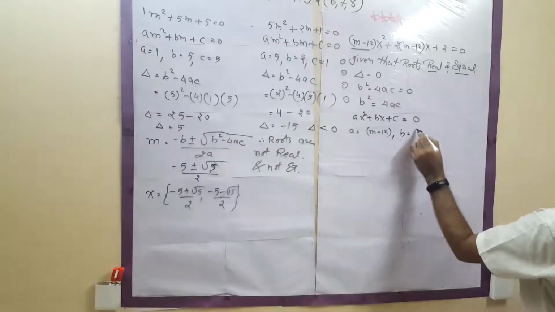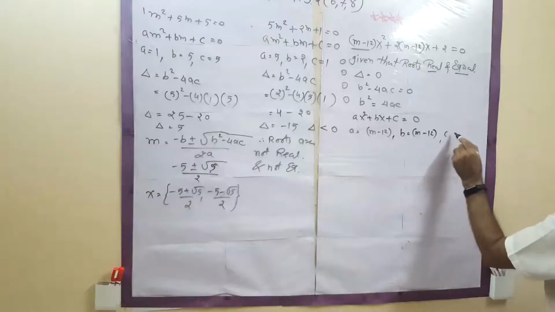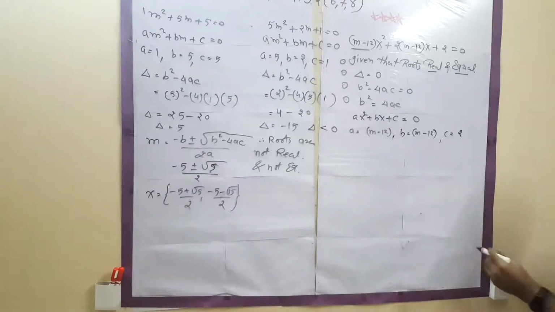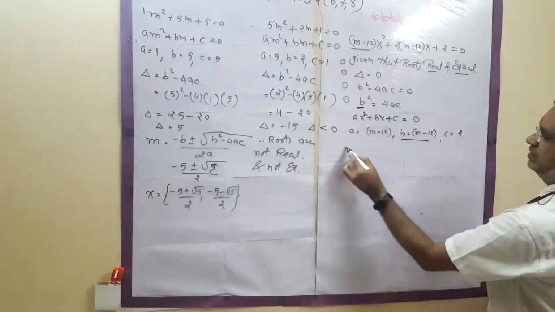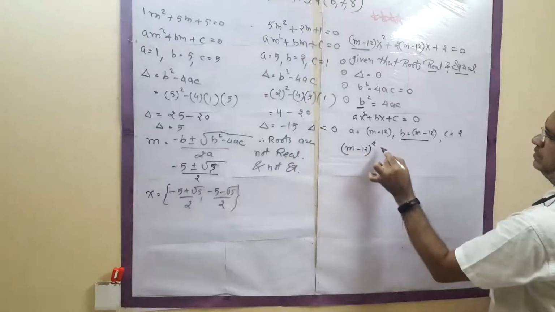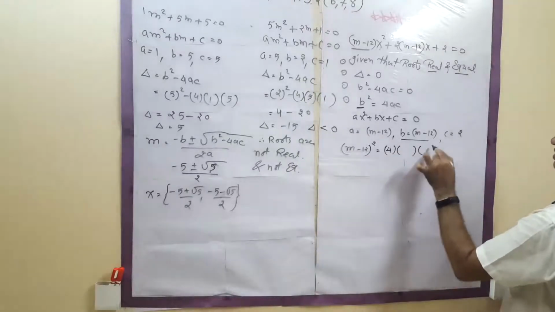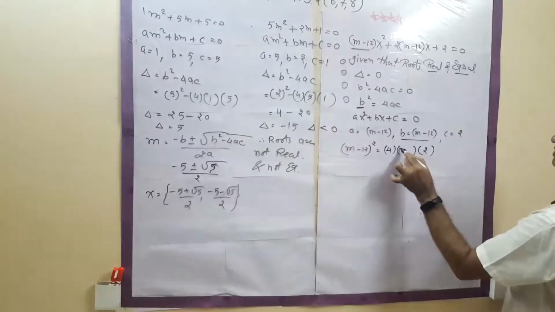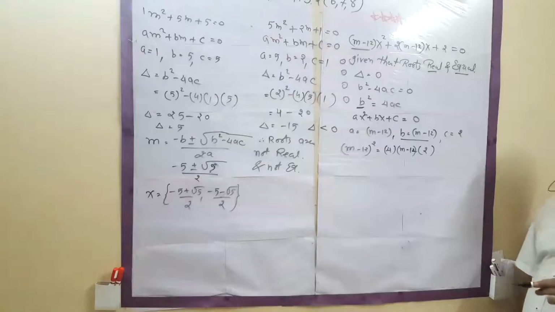That is also single power. What is c? Correct. Now b square means this square. Four a c, c is 2, a is